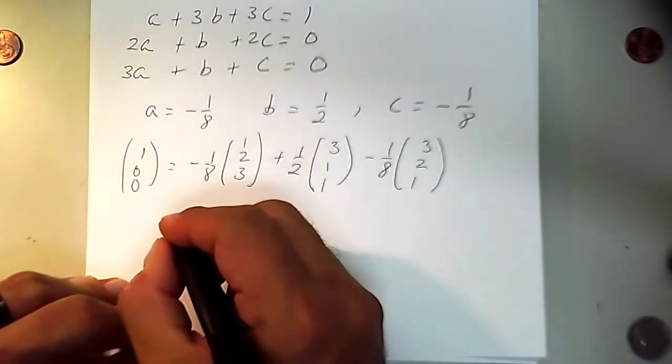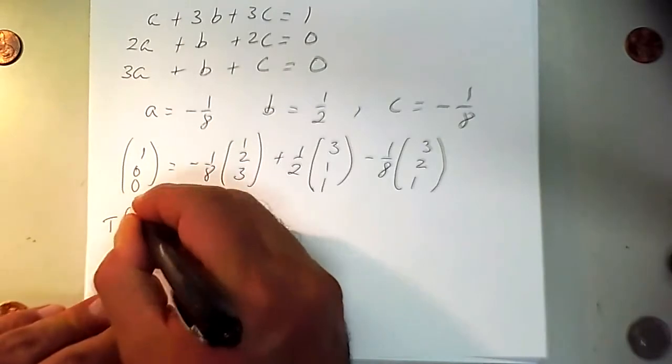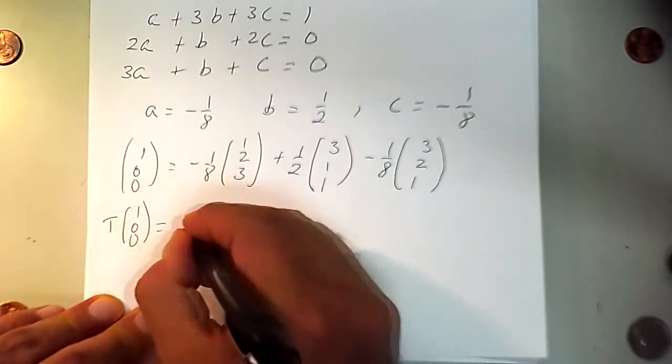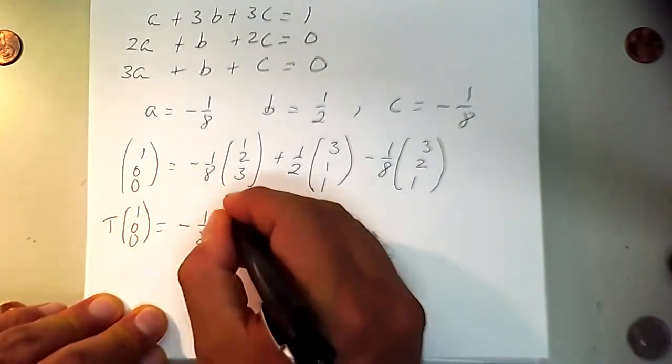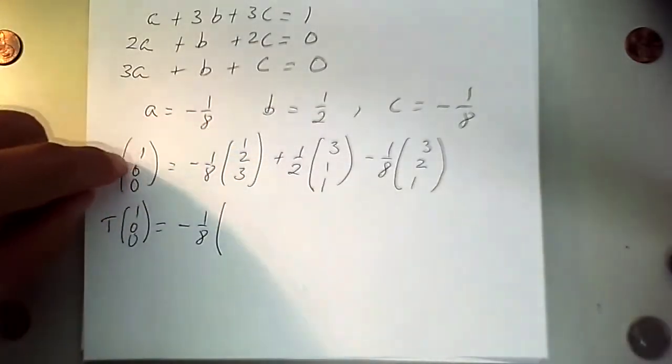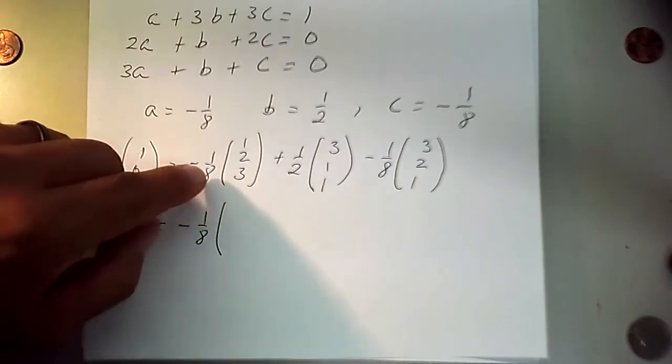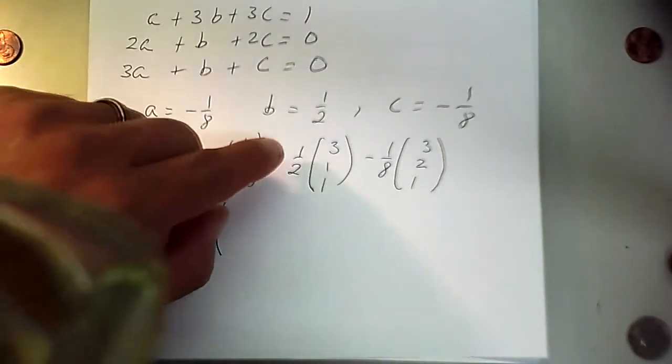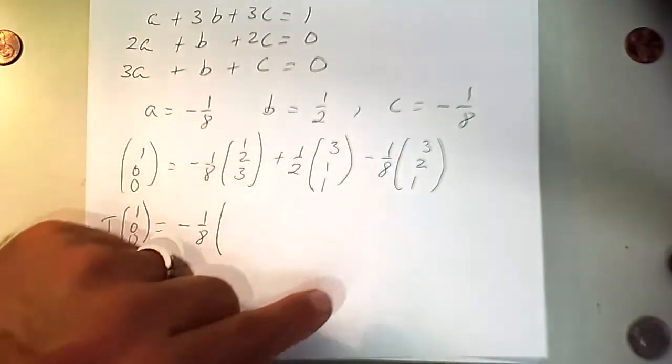So now that we wrote 1, 0, 0 as a linear combination of 1, 2, 3, 3, 1, 1, and 3, 2, 1,